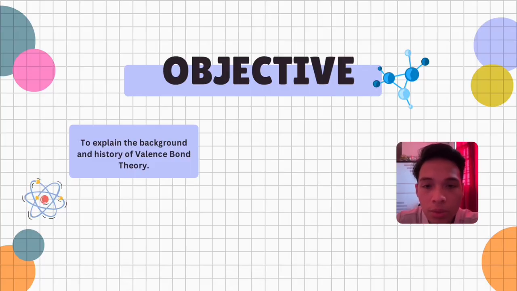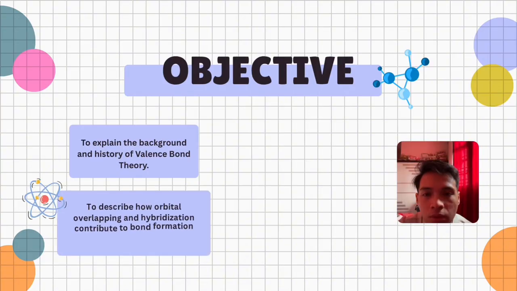So today we'll be presenting about valence bond theory, and for my part, I will be presenting about the objective, introduction and conclusion. For the first objective of valence bond theory, it is to explain the background and history of valence bond theory. For the second one, to describe how orbital overlapping and hybridization contribute to bond formation and